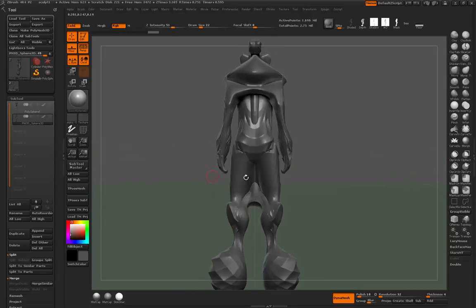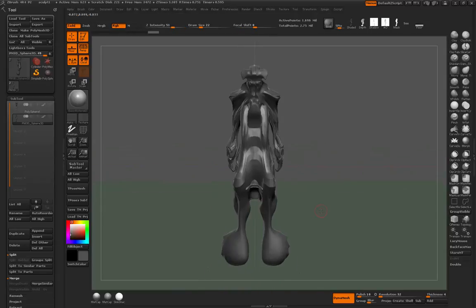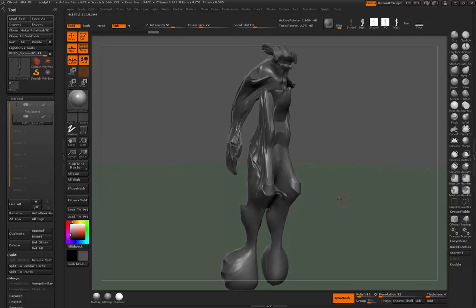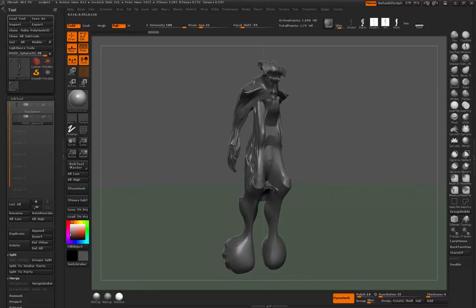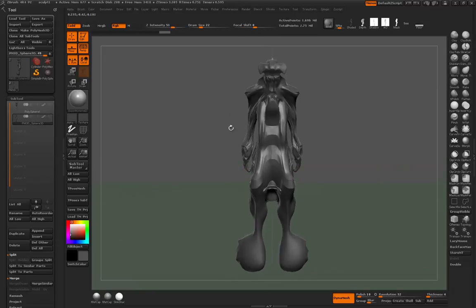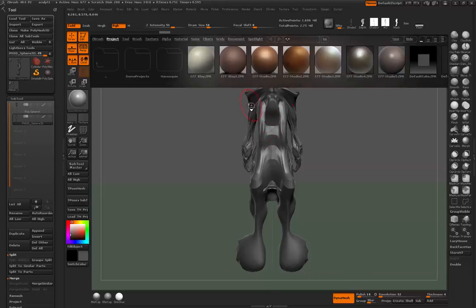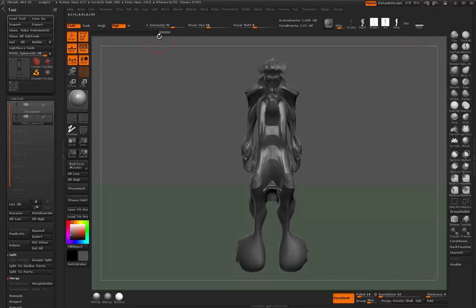Well, the first thing that I'm going to do is start, I'm just going to smooth out some sections. X is on, and actually the base smooth modifier, the intensity, let's just hide that for a second. When you press shift, the Z intensity is already at 100 for standard smooth, and I should add it to